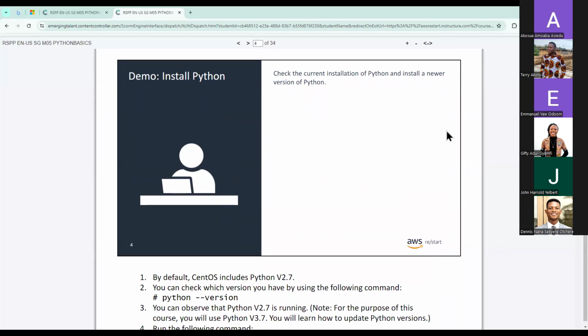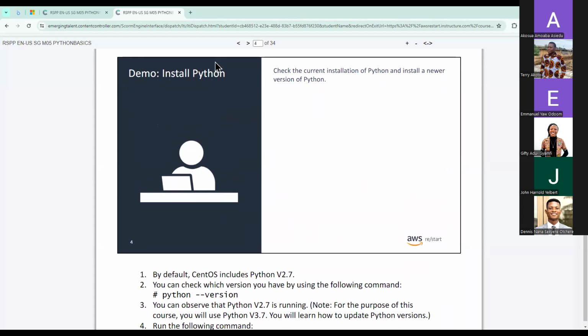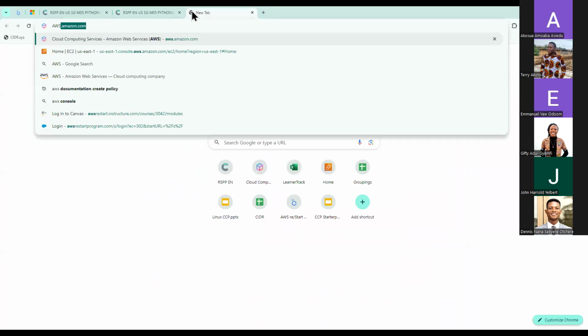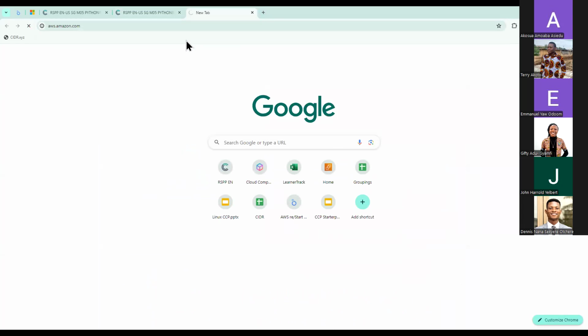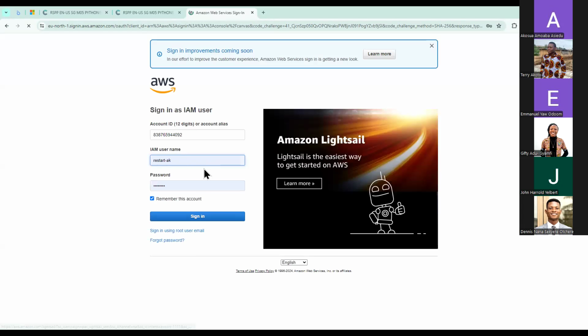Okay, so just so we have a level ground, I would install it on my EC2 server, so that when anybody is practicing, they will be able to